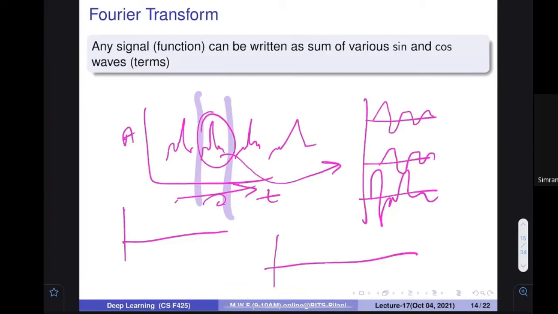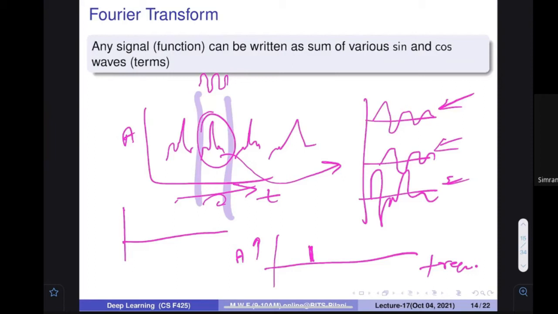I am going to represent this with frequency on one side and amplitude on the other. If there are 10 components in a signal, just assume that in this particular duration there was only one sine wave. So you will be getting one line over here. It is a very simple representation. You need not represent everything to infinite time. Only one line is sufficient.